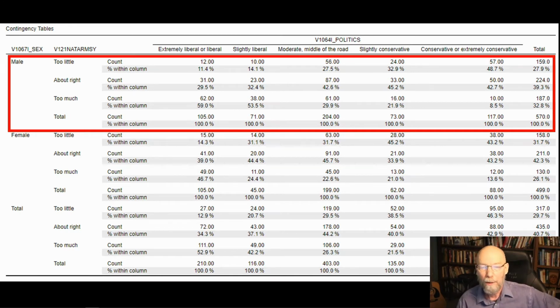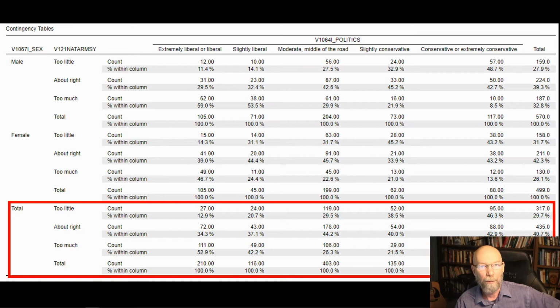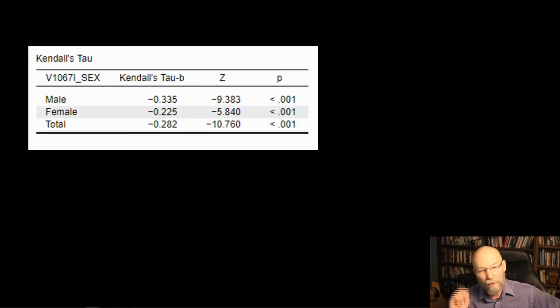So what we end up with are these three tables all put together in one table. We have the original bivariate, we have the table for the men, we have the table for the women. And then we have the Kendall's Tau B results for everybody. Now, you remember for the total table, Kendall's Tau B was negative 0.282, and I warned you that that negative